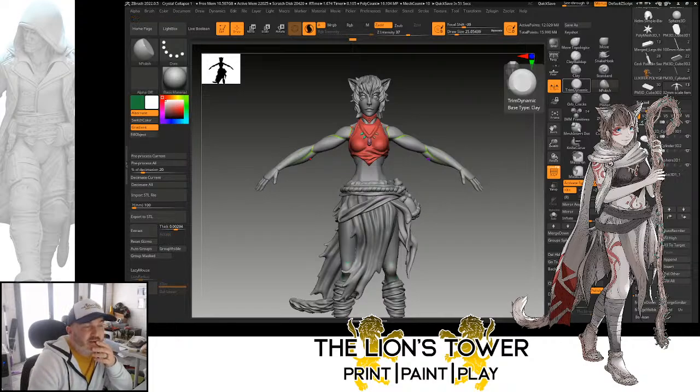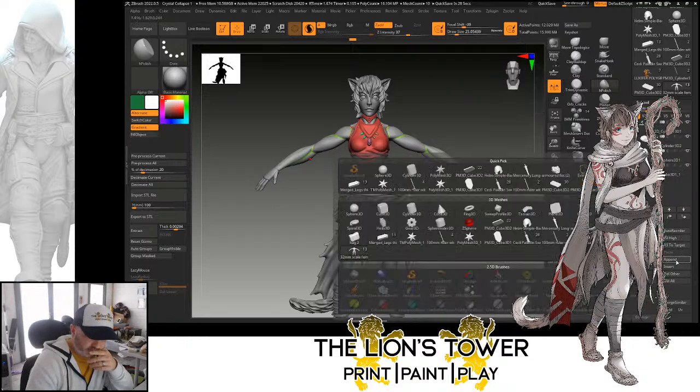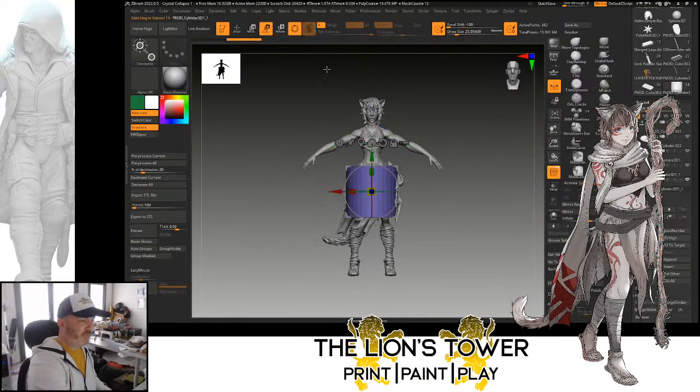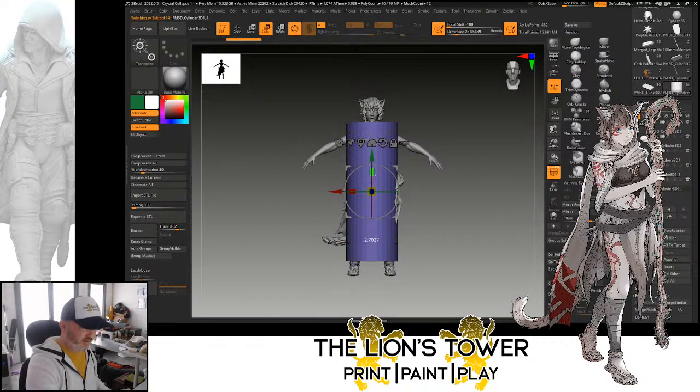So let's do a cylinder. Totally forgot what I was doing then. Okay, so cylinder is going to be